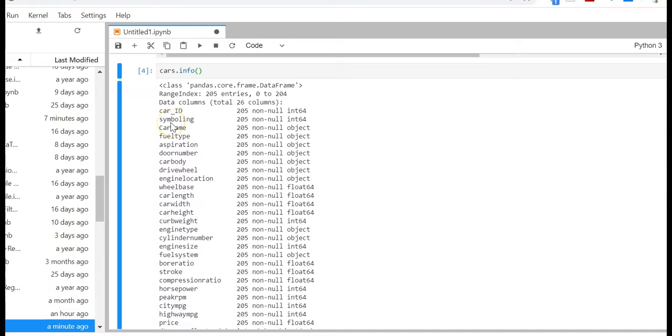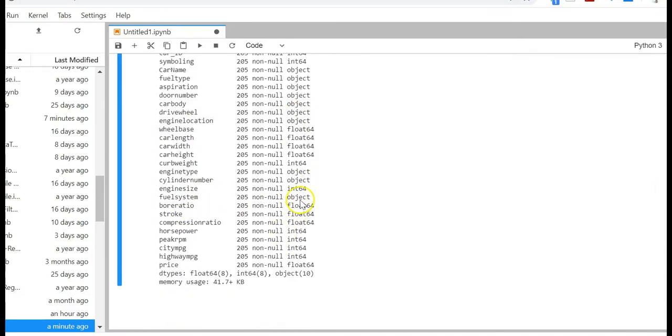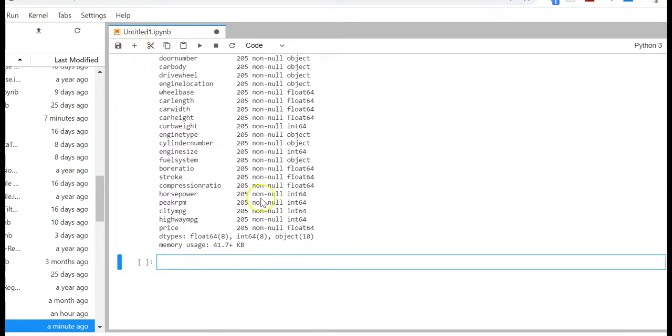From this you can get an idea of the data type of each column. I have car ID and symboling, which are int64, then car length and car width are float64, then there are some object data types. Now the trick for data exploration is that if there is numeric data, then we can plot a box plot, then a density curve, a density graph, and then we can do a scatter plot,